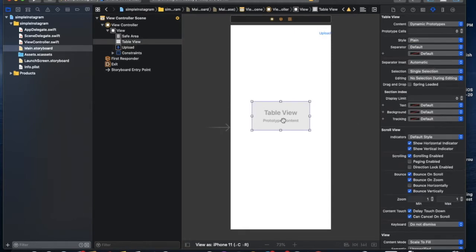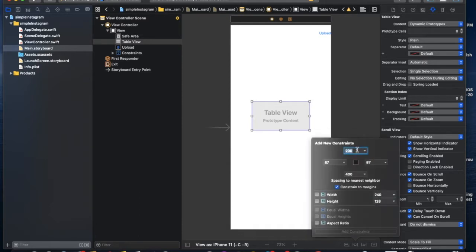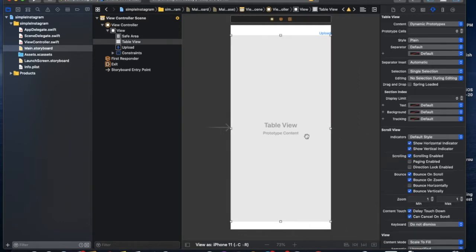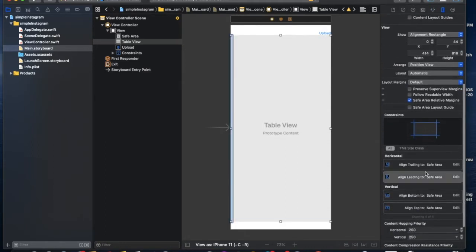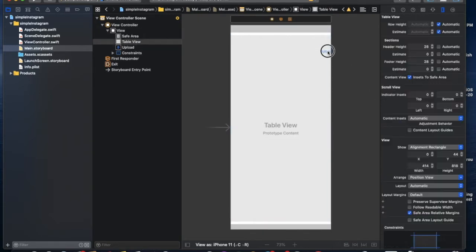Now we provide some constraints to the table view. So for the table view, we are giving it 0 from top, 0 from bottom, 0 from left, 0 from right. So we do not want it 0 from upload. So we update this constraint from here, go to top, and it's from safe area. And also we provide this button to safe area.